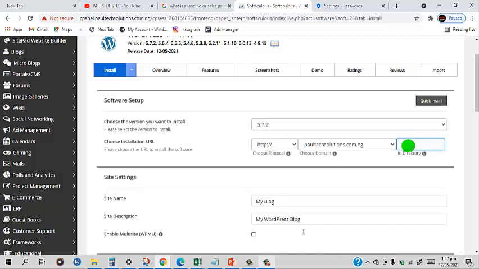portexsolutions.com.ng is already a website that exists, but I'm not buying a new domain name, so I'm going to have to install in a directory. So if you are building your website for the very first time, let's say you just bought your domain name and hosting plan, and you want to install WordPress, you'll see WP right here. All you need to do is place your mouse here and remove that WP from that box, place your mouse outside the box, scroll down and click on install. But if I perform this process, it's going to tell me it's not going to go through. Wow, a WordPress installation is already installed on